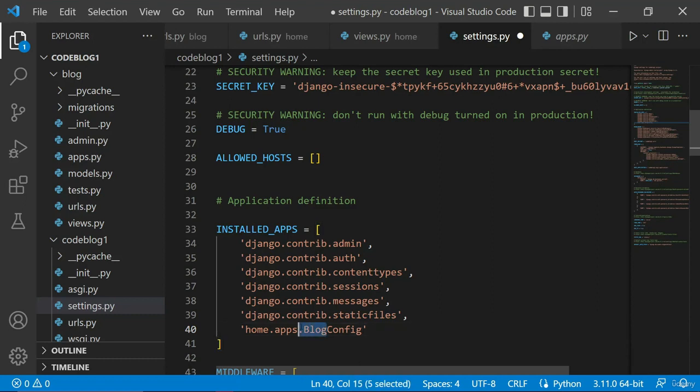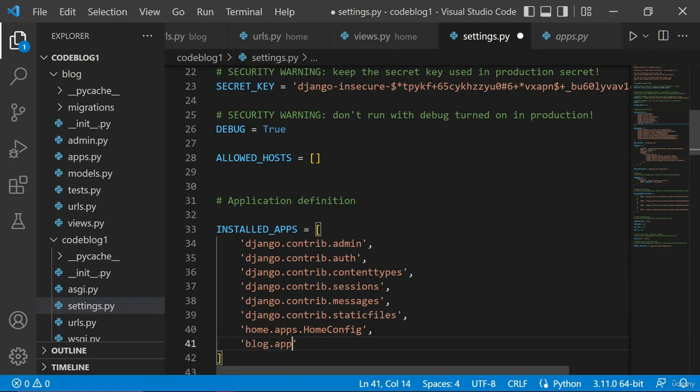So for home, the function name will be home config, and we're going to be separating it with a comma, and we're going to be adding the second app that will be our blog app. So I will do blog dot apps dot blog config, and after that we will just try to save this file,